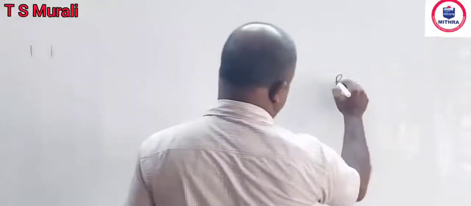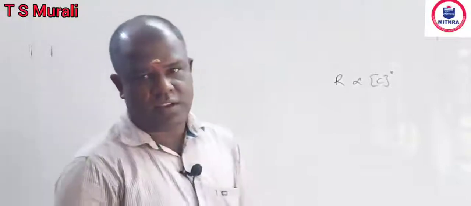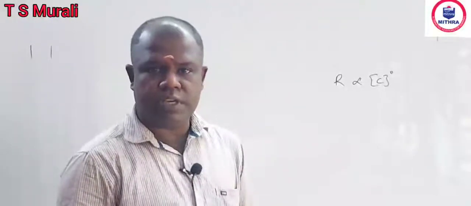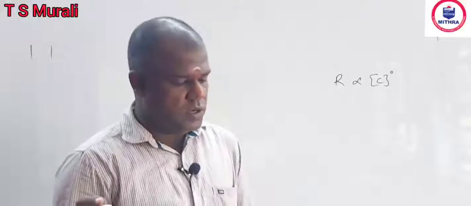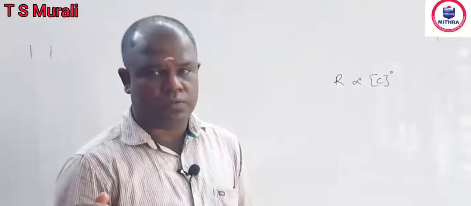I am taking first and second set. You go through the values. First, second, there is no change in the rate. Rate kept constant. Concentration of A, no change. Concentration of B, no change, but concentration of C increased. So, increase in concentration is not affecting the rate, means order of the reaction with respect to C, rate proportional to C to the power 0. No change in rate, whatever may be the change in concentration. So, order is 0.